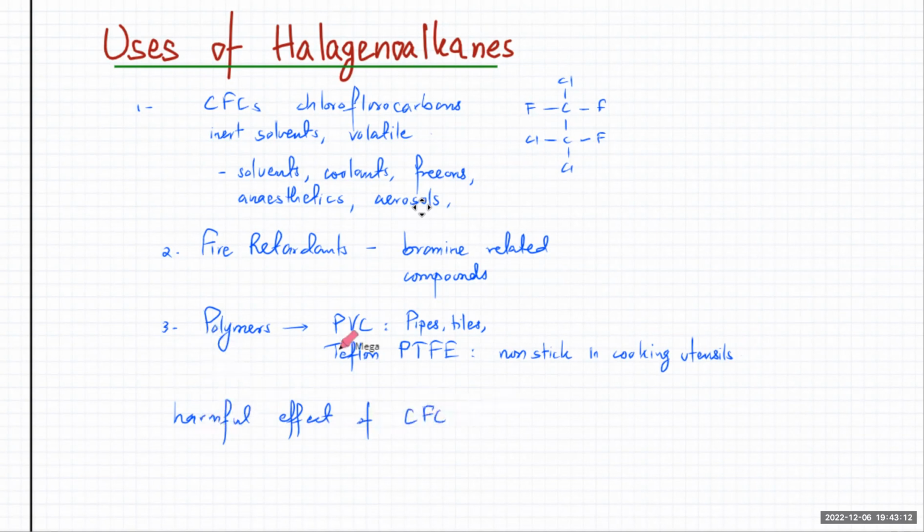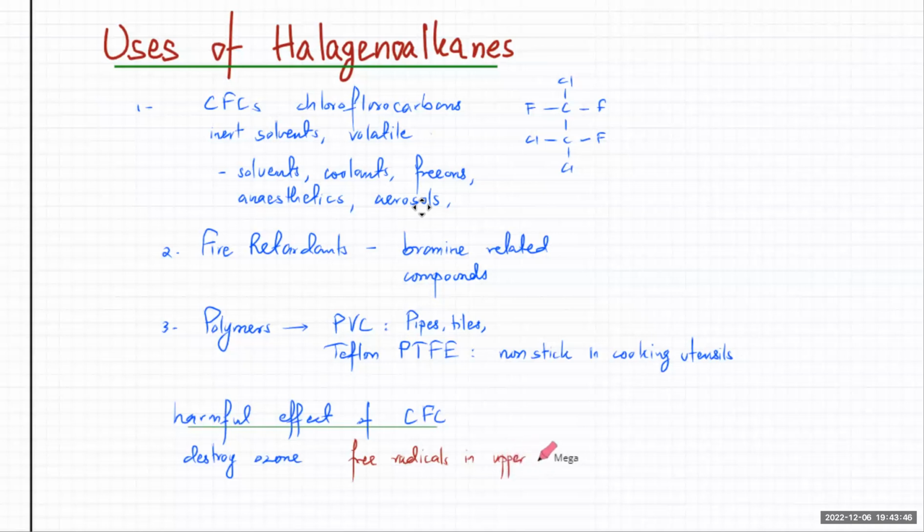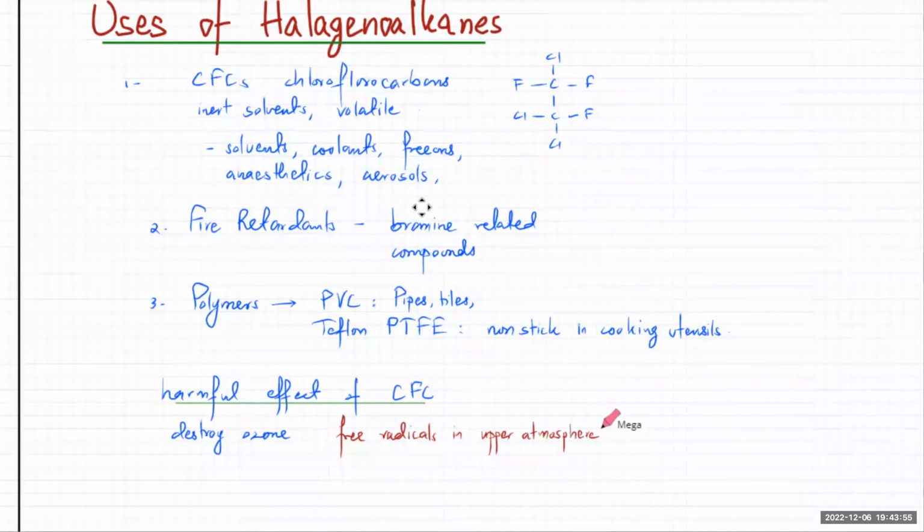As a harmful effect of a CFC, it destroys ozone. And how does it do that? Okay, first thing is that free radicals, they get produced in the upper atmosphere due to strong UV radiation. So you get a lot of free radicals, and in upper atmosphere, not in the lower atmosphere. They're fine, there's nothing wrong with them. But because they're volatile, they'll probably end up reaching the upper atmosphere. They've got low boiling points. So when they reach the upper atmosphere,